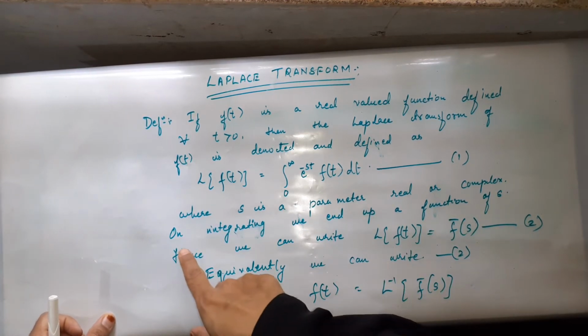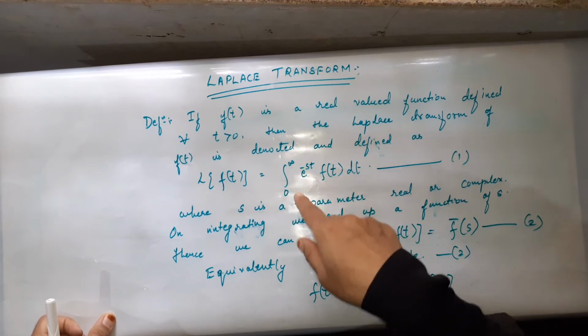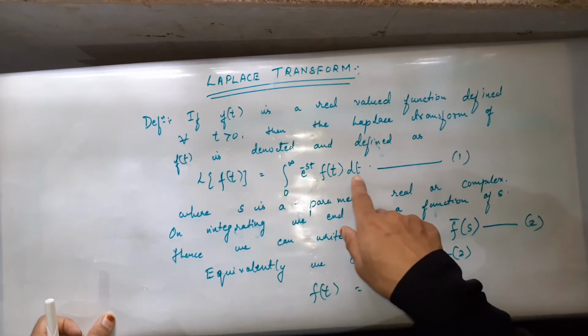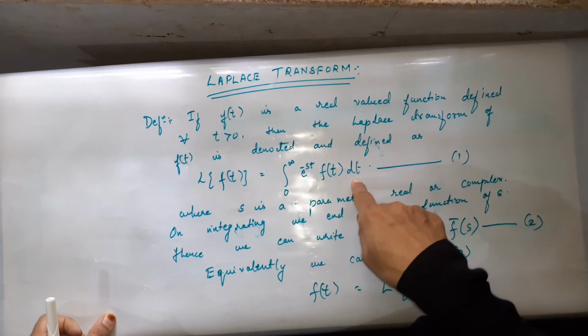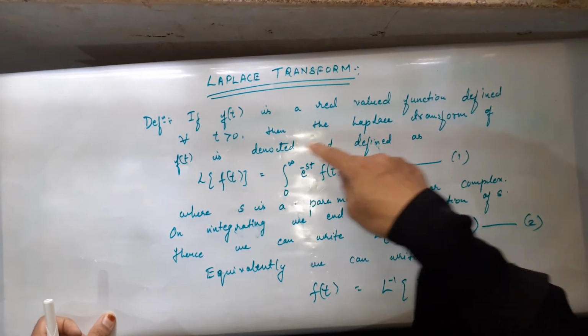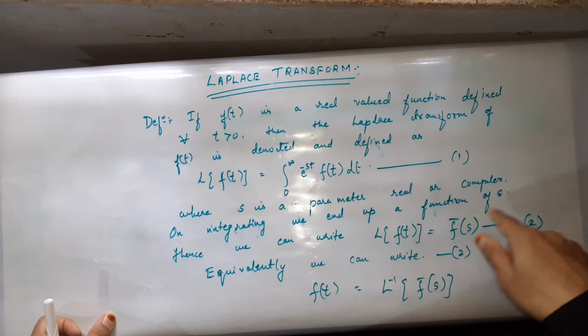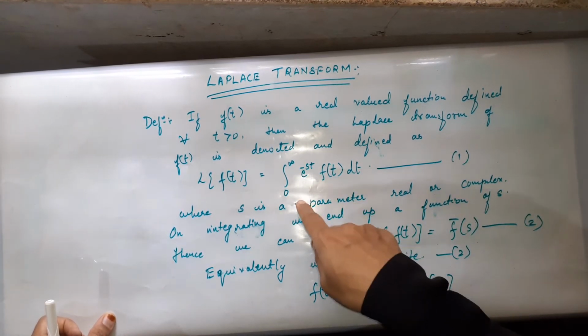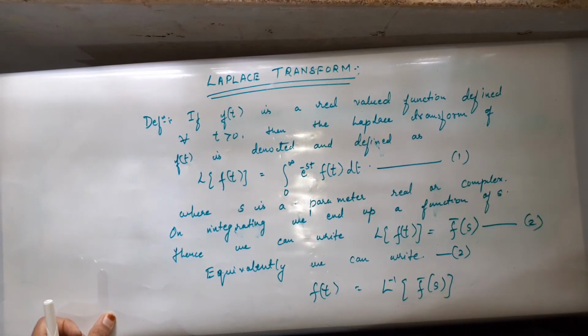Also, since it is a definite integral, see here you are integrating with respect to t, and the limits for t are defined from 0 to infinity. On integrating this integral, you end up with a function of s, is it not? Because however you will be substituting for t as 0 and t as infinity at the end of your solution. When you do the substitutions for t as 0 and infinity, there will be no more t in that function. So you will only end up with a function of s.